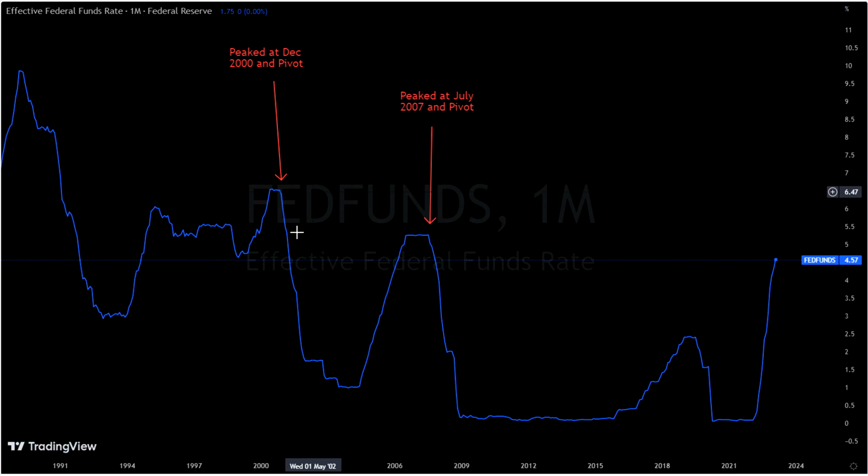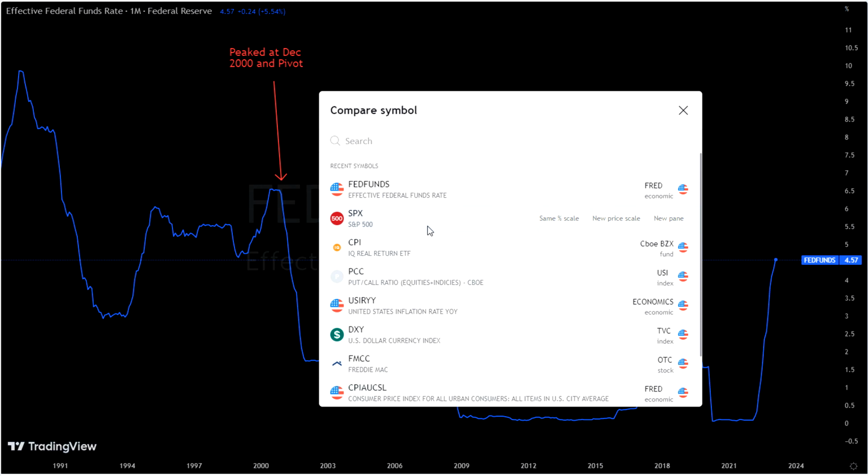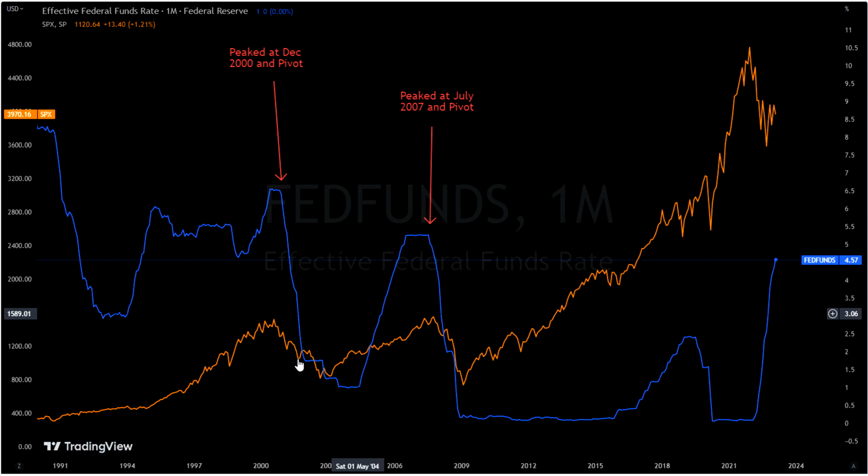So what's going to happen during the previous pivots to the stock market? Let's bring up SPX, the S&P chart here, and we're going to see what happened to the market. So here, when they pivot, look what happened after that. The market went down. The market was already down. Everyone was begging for the pivot. So this is the dot-com crash, or dot-com bubble. The Federal Reserve pivot. The market went slightly up, just a dead cat bounce, and then a sharp sell-off. This is the last leg for 2000 to 2001. So this is 2001 to 2002. This is the last leg, and the market formed the bottom here.